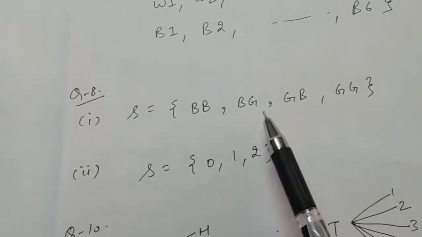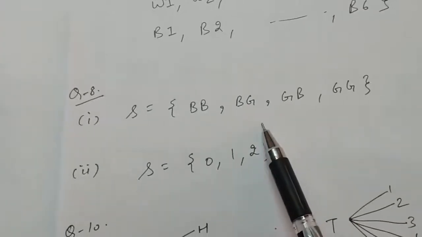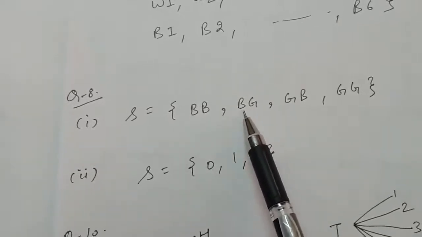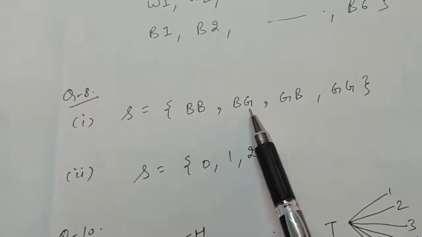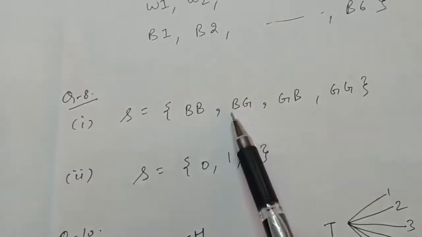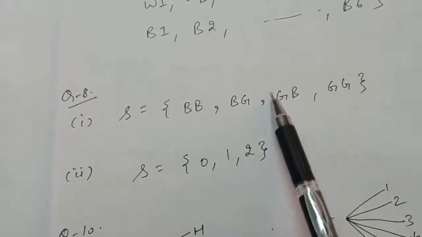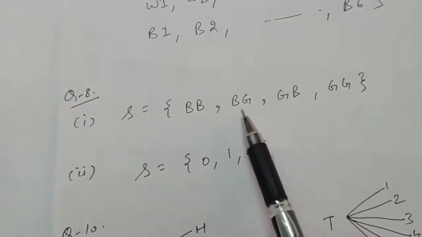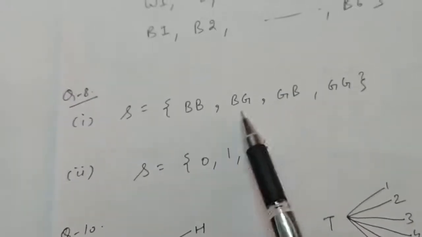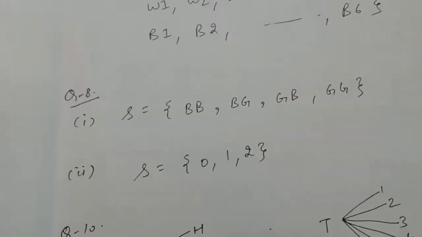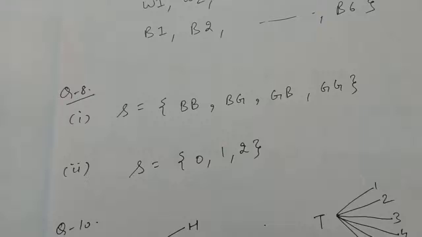But because they have said that you have to note it down in order of their births, it can be the case that the boy is elder than the girl, that is the first child is a boy and the second is a girl, or it can be the case that the girl is elder than the boy. So you have to consider both of these cases, because in the question you have to consider it in the order of their births, right?